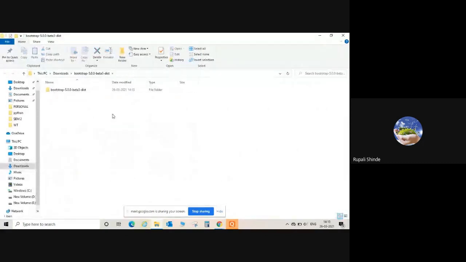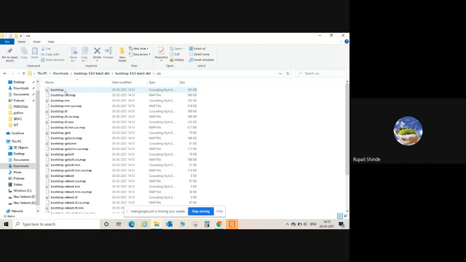So now we have an extracted file. Just double click on it. Now we have to open the CSS folder, which has the cascading style sheets. From all these files, we have to copy the bootstrap.min.css and bootstrap.css files.